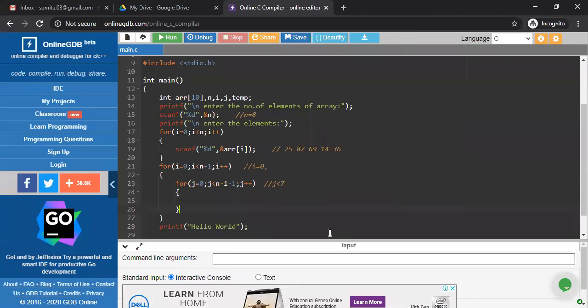Why the loop structure in that way? Why is the j value compared with less than or equal to 7? What is the requirement of that? Ma'am, because there are a total of 8 elements, if you compare with 7, then it will compare 7 with 8. So we are taking the j value till 7.